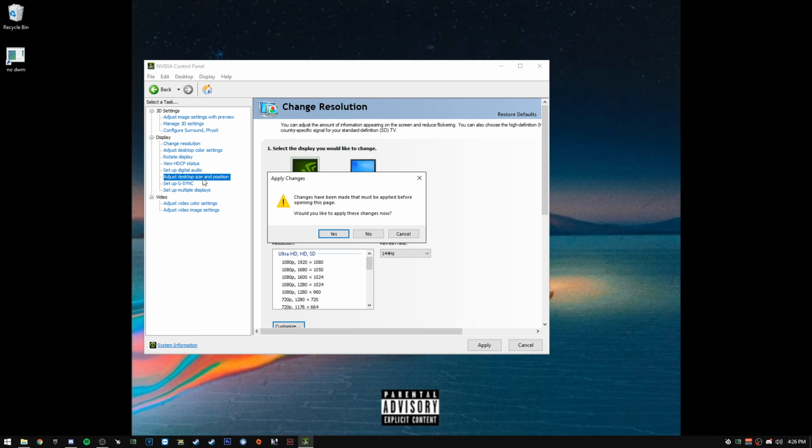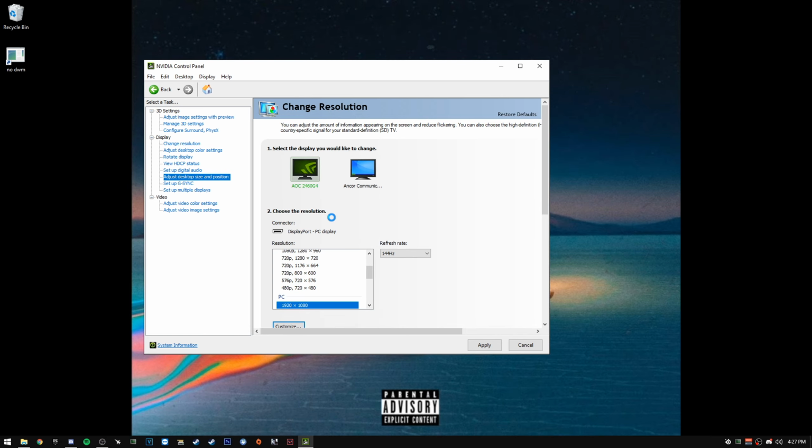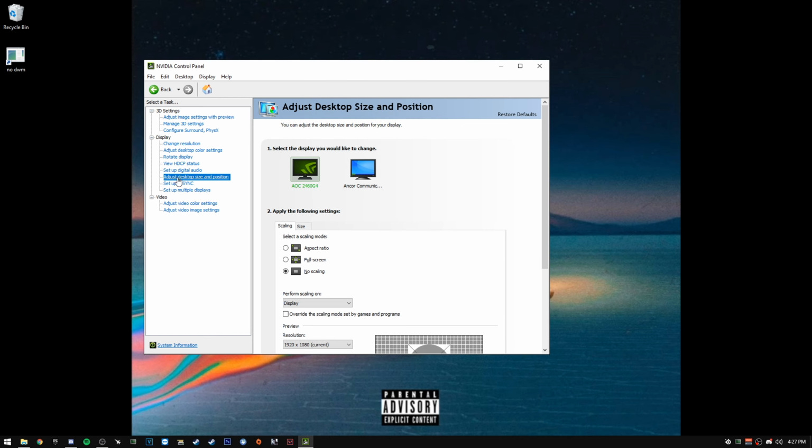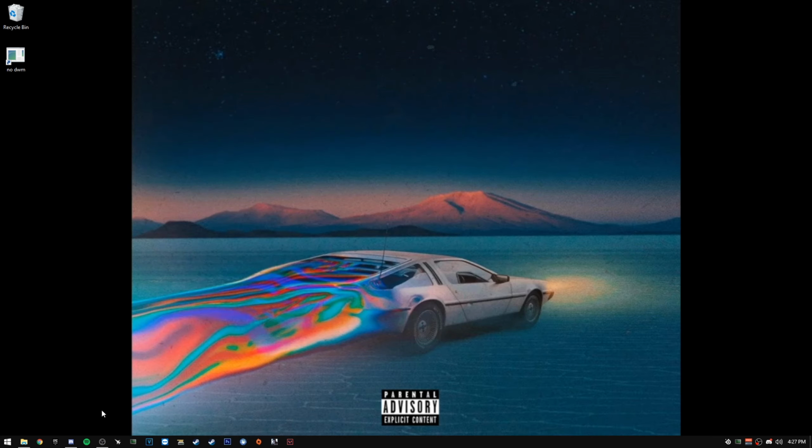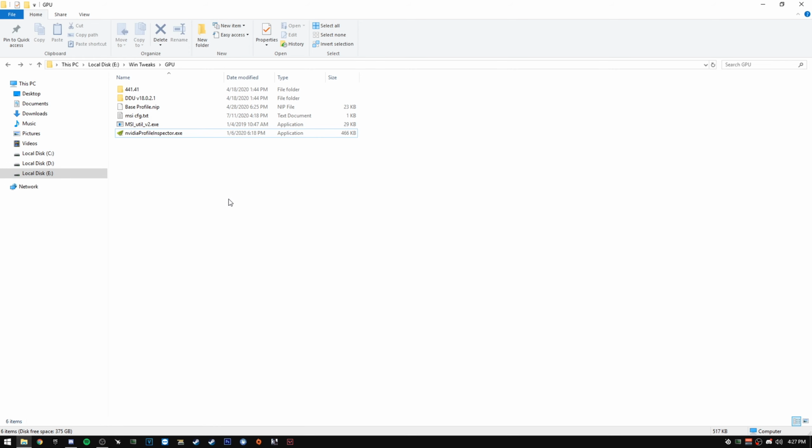Another one is adjust desktop size and position. Put this on full screen and make sure it's on display and your highest refresh rate. But yeah, so come back in here